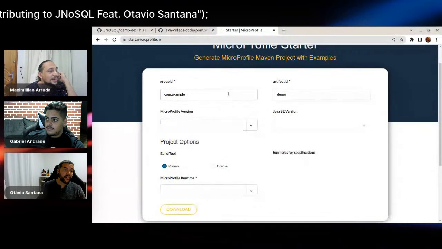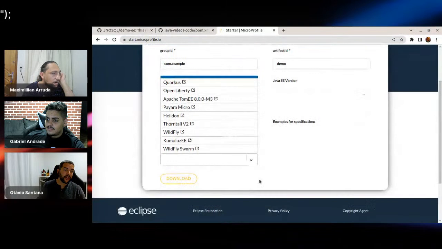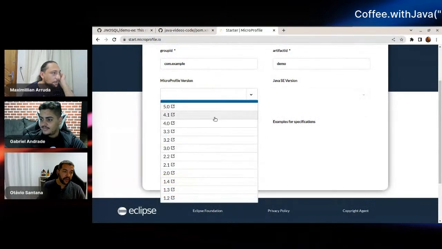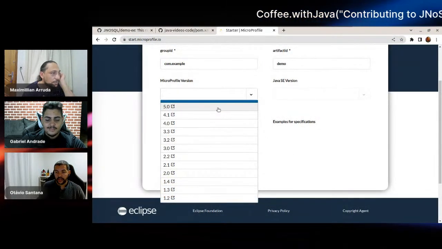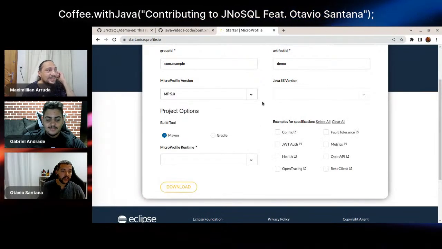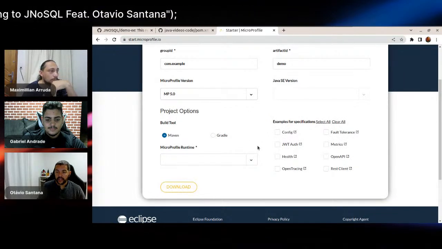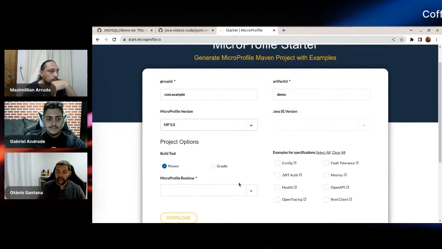You can use the latest version, like MicroProfile 5 or 4.1, whatever you wish. Okay, let's do the latest one. And then you can see options, so you can use Maven or Gradle.